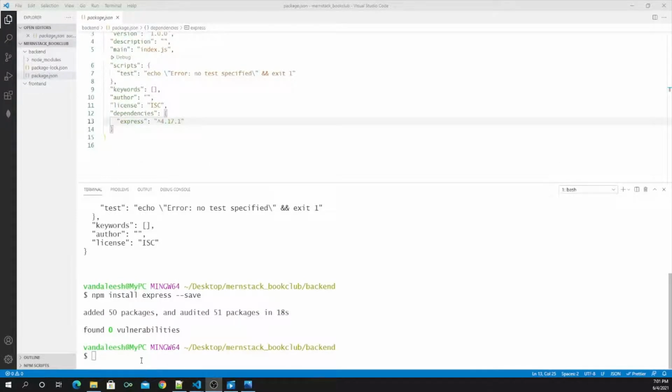Express got installed. There are a couple of changes we can observe. First, on package.json, this new key value pair of dependencies and the packages installed are listed and it is created. This object will keep updated when you install any new packages. So this is how package.json helps us to have this dependency tracked when we move this project from one place